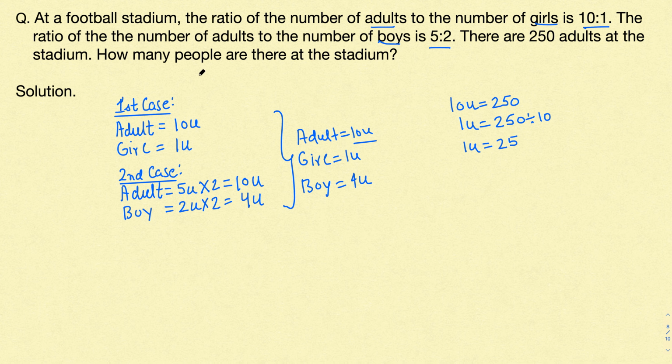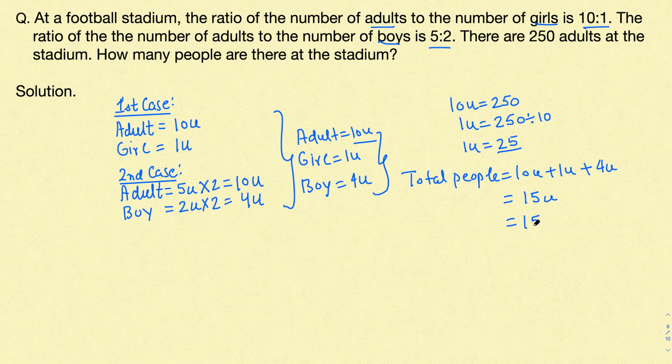Now we have to find out how many people are there at the stadium. The people includes everybody, adults, girls and boys, right? So the total number of people will be 10 units for adults, 1 unit for girls and 4 units for boys. So the total units will be 10 plus 1 plus 4, which will give you 15 units, right? And since we know that 1 unit is 25, 15 units will be 15 times 25, and that will give you